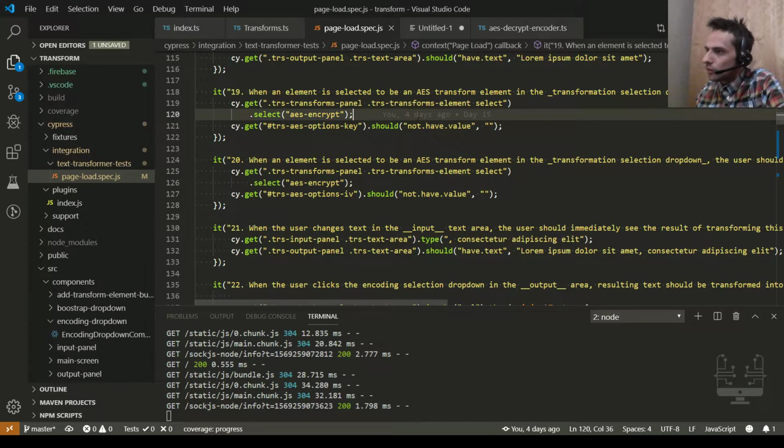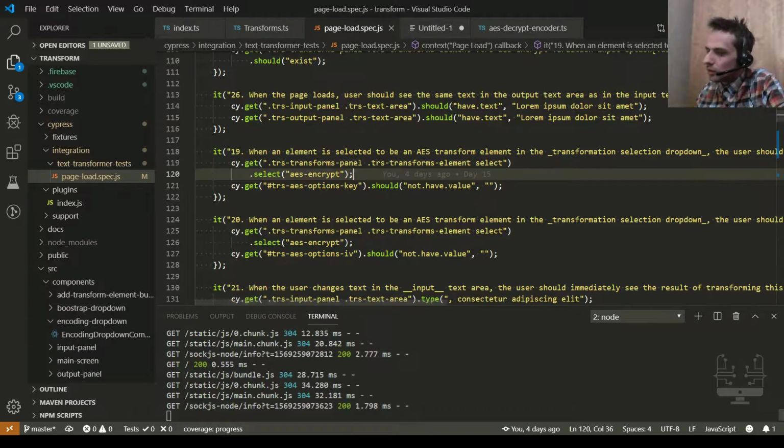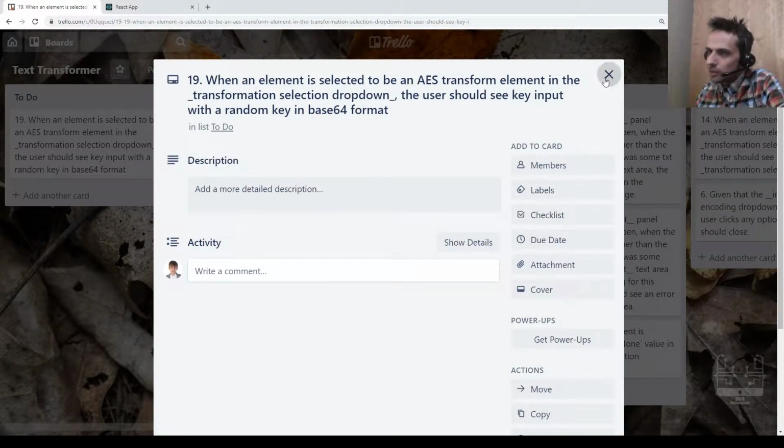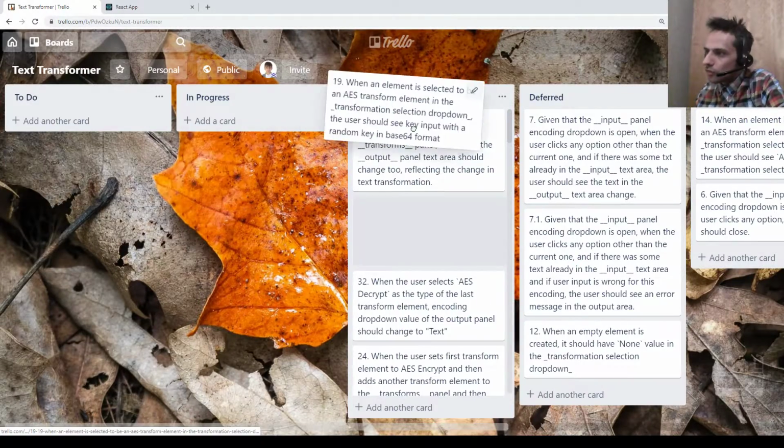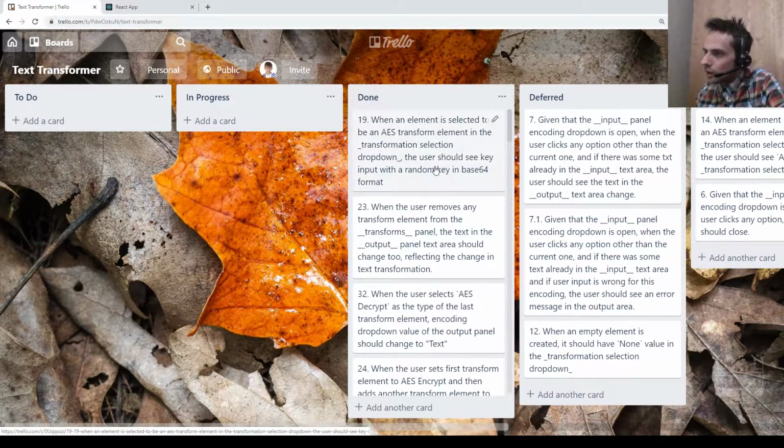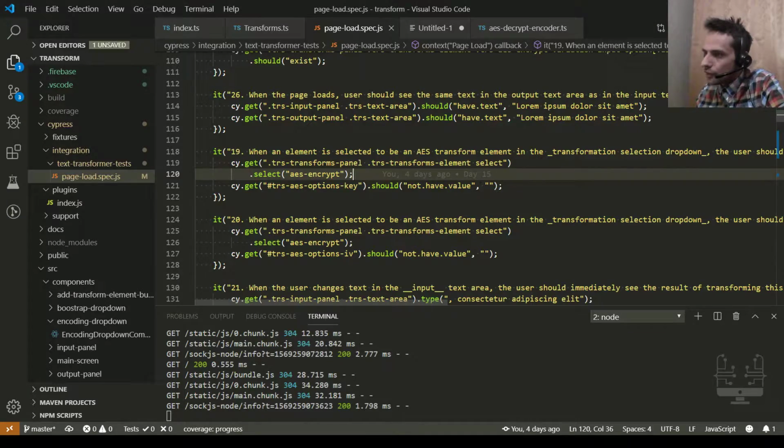I think this one is already completed. Yeah, this one actually is completed. I think it is wrongly put into the deferred. I was thinking if this is the correct way to check the value, but later I checked and it is fine actually.